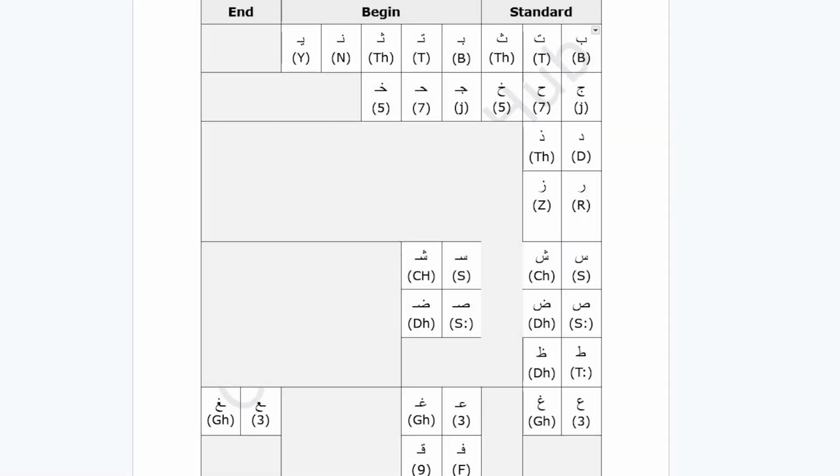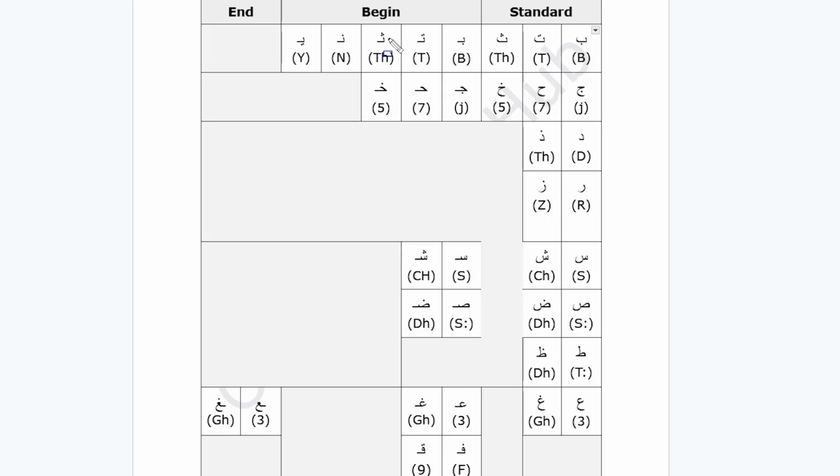Let's review now the letters that are similar in writing, in order not to have confusion between them. We have the letter B, T, and T. The B contains a point below, T contains 2 points above, and T contains 3 points above. The same at the beginning, we write B like this, but the point is maintained below, T 2 points above,